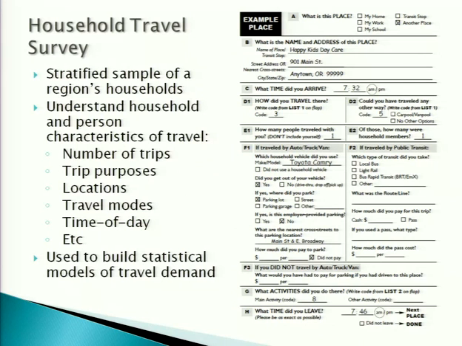And I mentioned the travel survey. So this is just an example of the diary. What we do basically is you record everything you do. This is just a diary of your life for the day, all your travel. Where were you to start the day? What time did you arrive there? How did you get there? What travel mode? If you drove, then what car did you take? All this information. Did you pay for parking? What time did you leave? All this stuff. So from that travel diary, we can then estimate models of the number of trips people make,